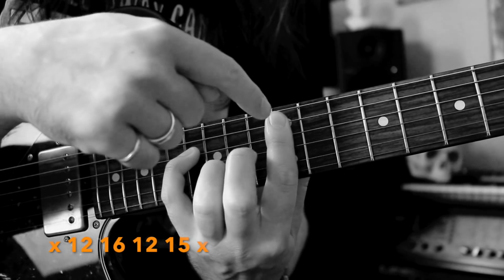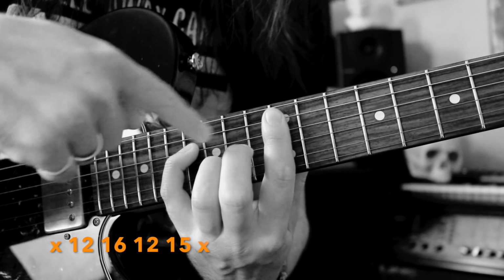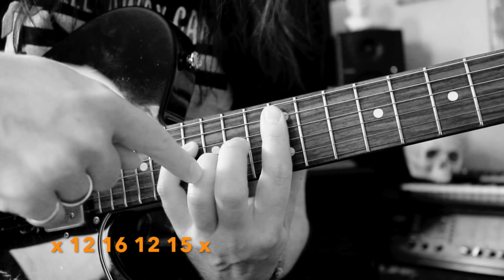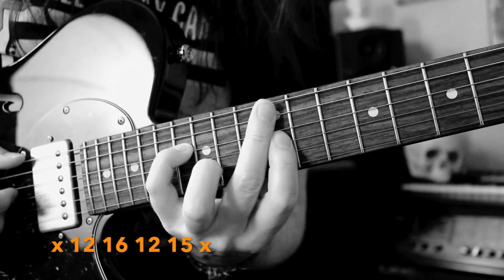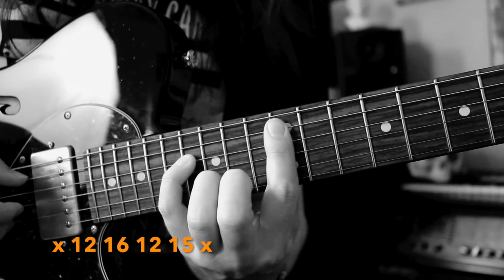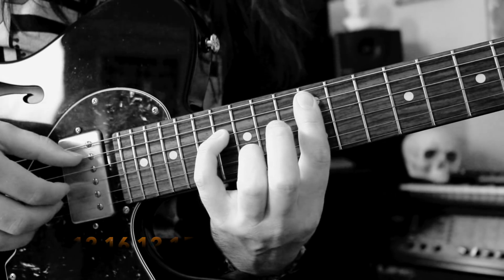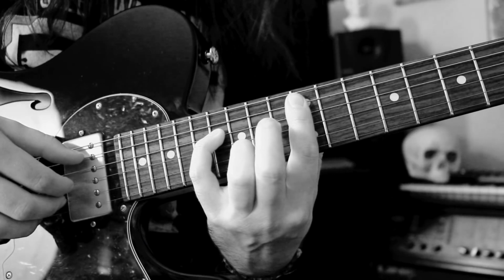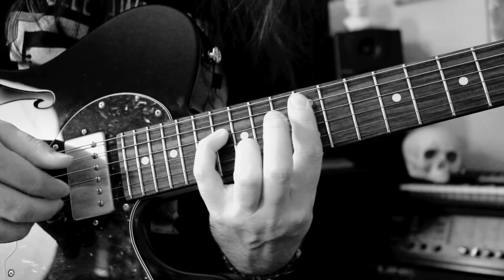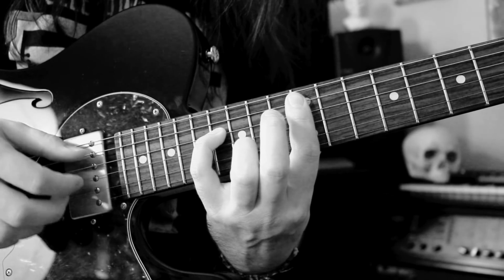For this chord, I'm going to be playing first finger A12, fourth finger D16, first finger G12, so that's under a bar right here, and third finger B15. Or you could take your middle finger up and over like that, but I find that horrendous to do. So whenever I play this chord, that's the grip I'm going to use. 12, 16, 12, 15. You're going to pluck the A12 along with your G and B strings that you're holding down on 12 and 15 respectively. Pluck that 16th D, play your high notes on G and B again, and then play that D on 16 again. So the second section is...